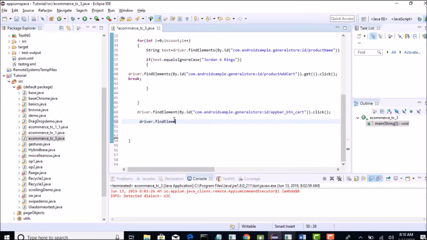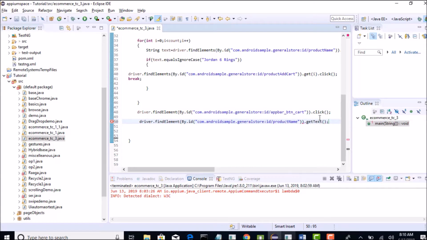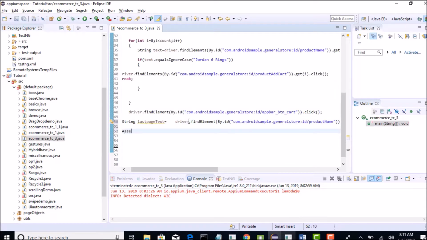I will quickly write the step. Get text. There is only one element, so I am doing get text here. String last page text. Once you have that, put an assertion.